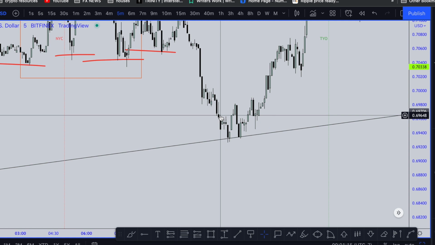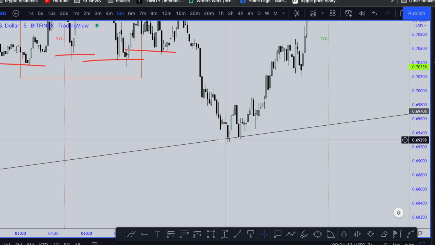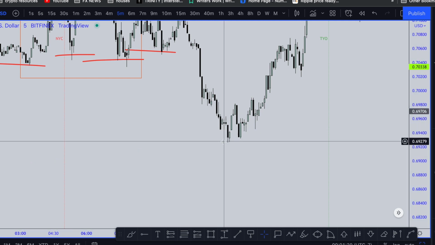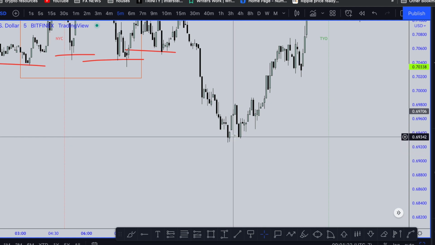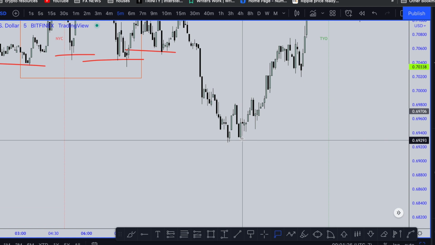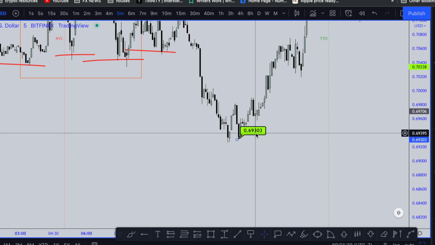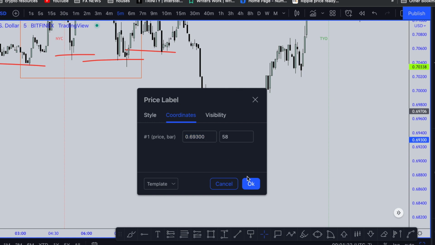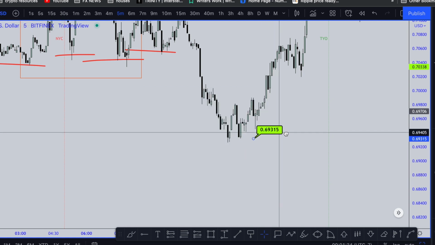Look at this accuracy, okay? As soon as we came into a psychological level, let's delete this trend line that I drew on for you guys because that's irrelevant right now. We're looking for that to get liquidated, hopefully. But what can we see? We see the banking institutions reject a psychological level. Look to the right-hand side. We see the 69300 level to the T. Again, psychological level. And what do we see?